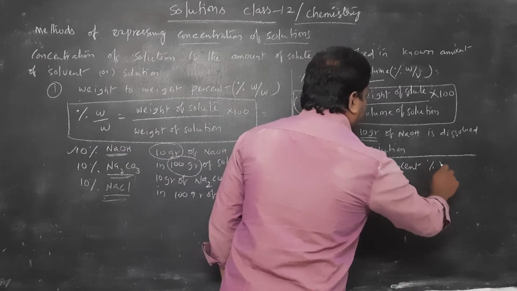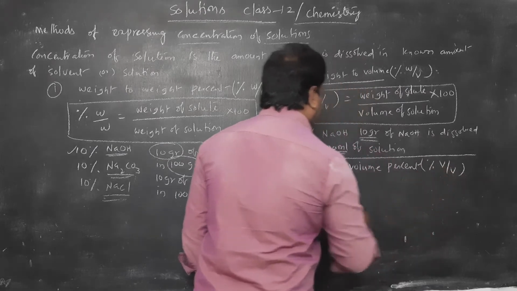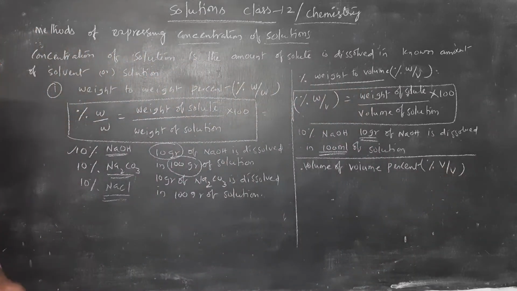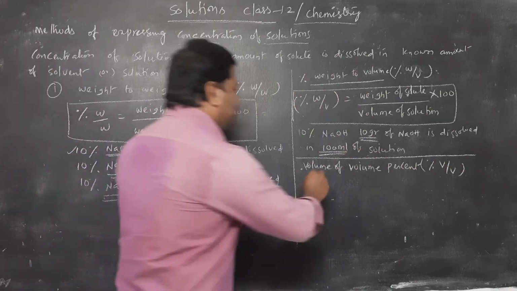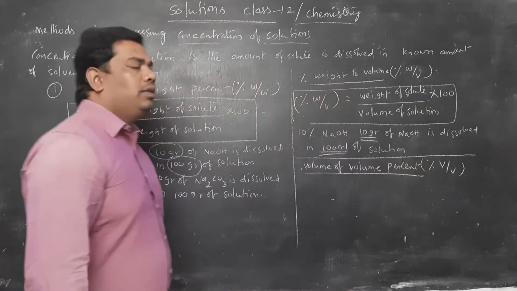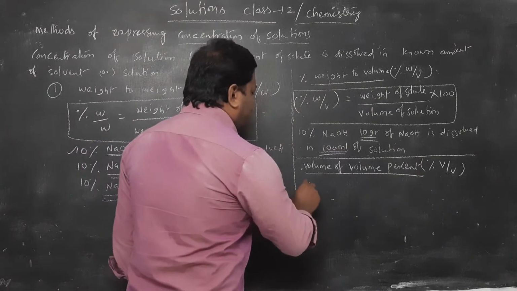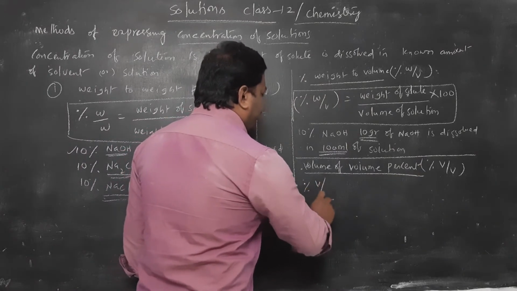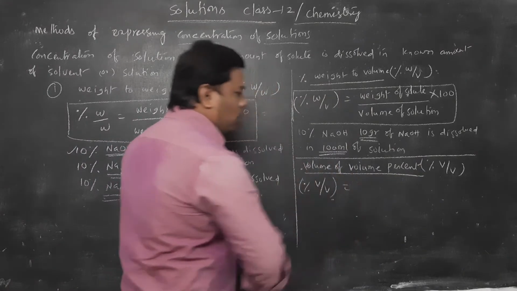That is percent of V by V. Clear? Percent of V by V, so volume by volume. How can we write it? The percentage of volume by volume is equal to, simple,